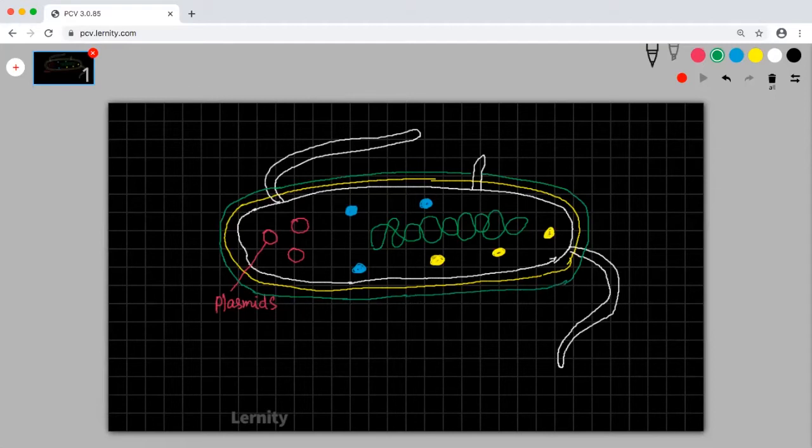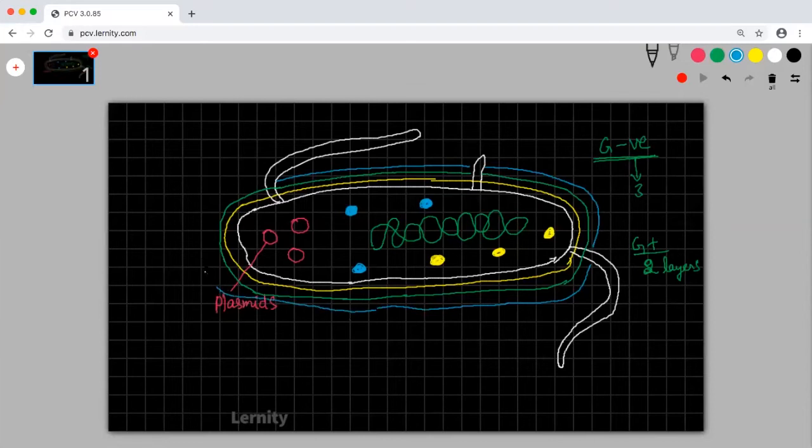So this is a typical example for a gram-negative bacteria. What you need to understand is a gram-negative bacteria will have 3 layers, whereas gram-positive bacteria will only have 2 layers. On top of it, some extra layer might be present in some bacteria, which we call capsule. So capsule might be present in some bacteria, but not all bacteria. Here we have studied about ribosomes already.